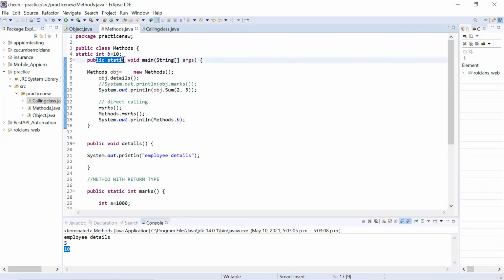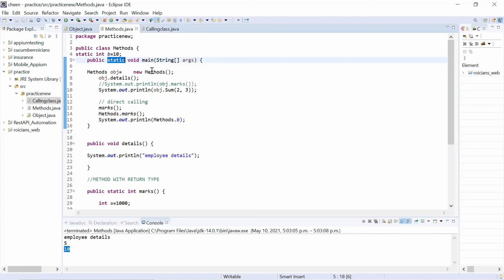Look at this main method. Main method has static keyword associated with it. That means you cannot call this method by creating the object. So I cannot create object for this method. If I want to call main method in other method, I can directly call it by writing it. I need not create its object. And it is associated with the class. I cannot create memory and then copy this method in it, like we do in objects. So I cannot create instance of it. I cannot create object for this. If I want to call it, I will be calling it with the class name.